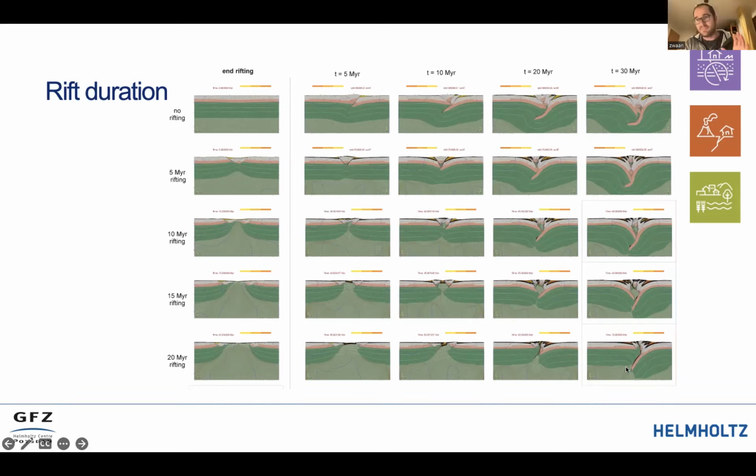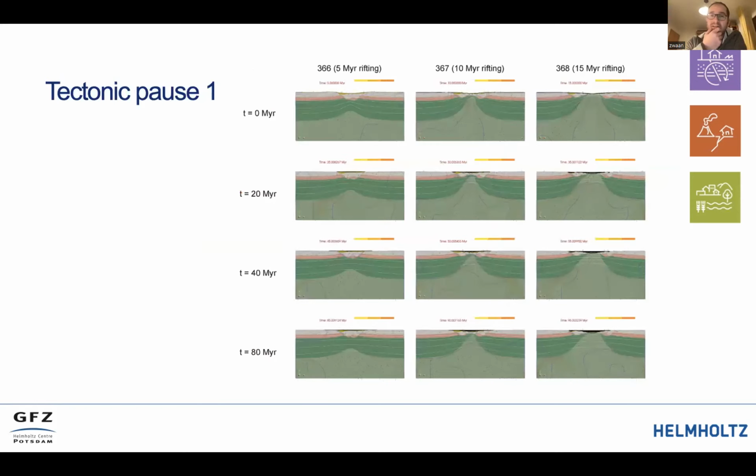So one plate can push mantle to the top, on top of the other plate and to the surface. Then there is another thing that we tested, which is the tectonic pause between the initial rifting phase and the inversion of the basin. And what I show here is basically a couple of different models where we have the